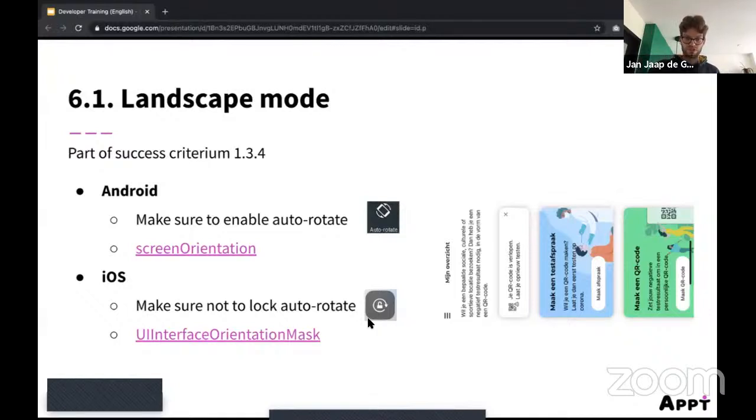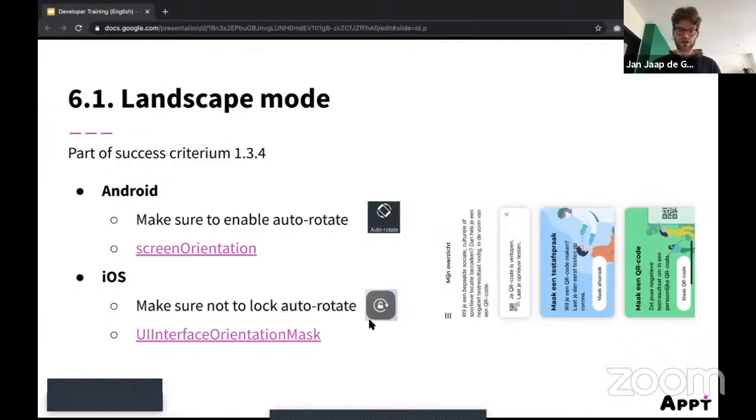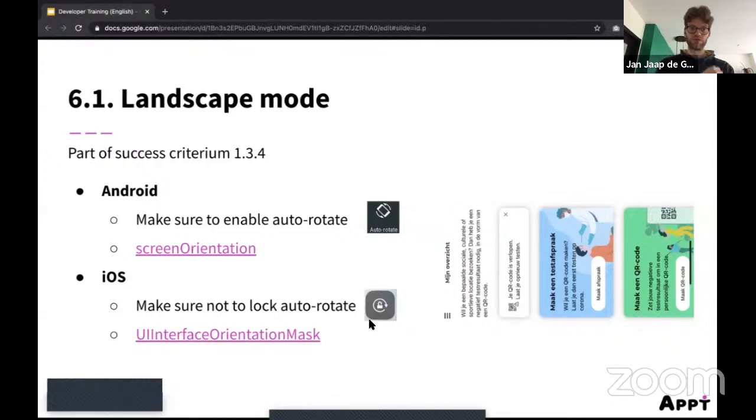So if you search for this flag in your project, you can find out if there are any screens that are locked to portrait mode. Then you can try out what happens if you remove this flag. Does your app work in landscape mode, or does it need some work to fix the layout? It can be a lot of work. So if you build a new app, make sure to never disable landscape mode, because if you support landscape mode from the start, it's quite easy. But if you have to change 100 screens, then it's a lot of work.